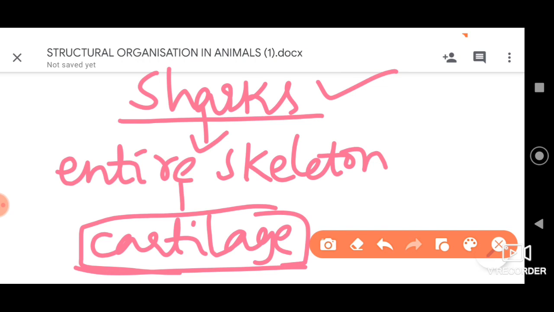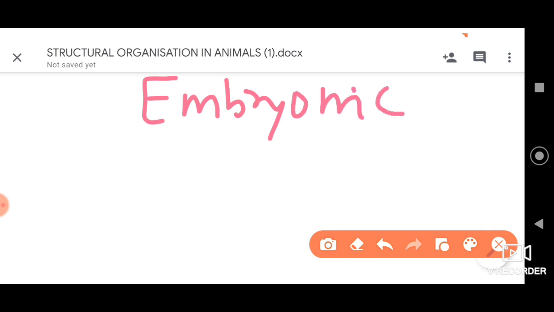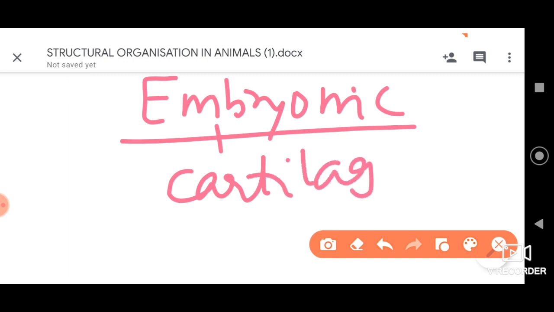All right, furthermore, one more interesting point to note is that this cartilage, as I said before, in the embryonic stages of most vertebrates, including human beings, the skeleton will be cartilage. But later this cartilage gives rise to the bones. It is replaced by bones, forming the hard skeleton structure. Initially it will be soft, flexible. That is what we use the term pliable, right, dear students.